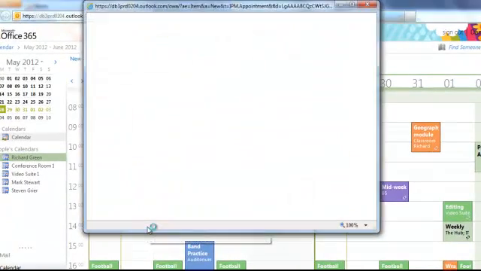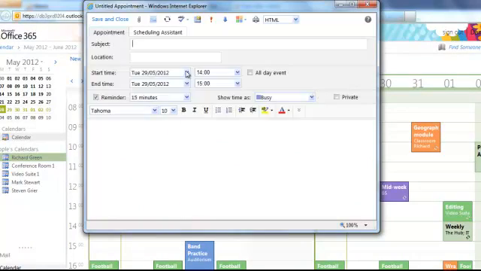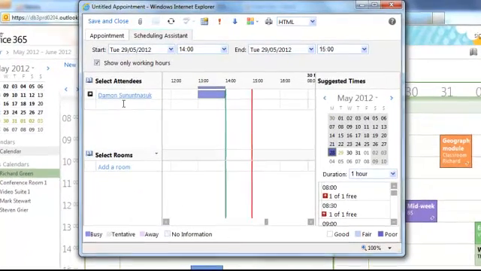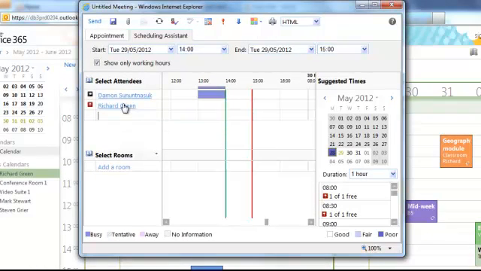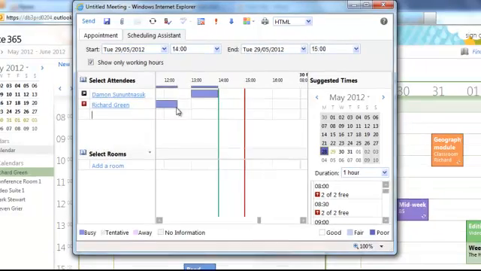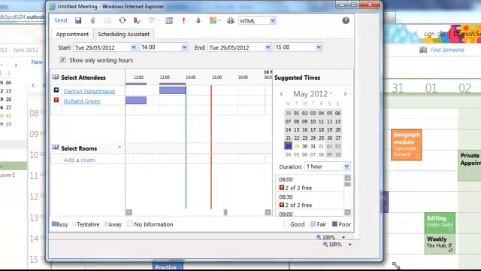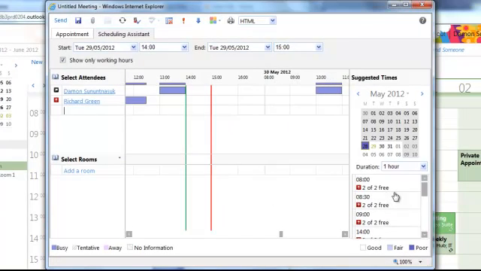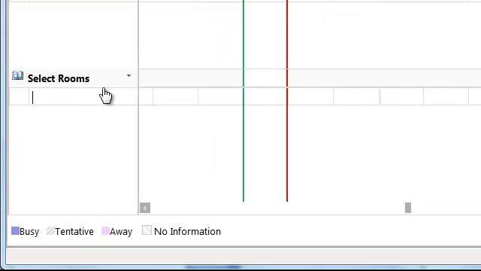You simply double-click the space that you'd like to create it in, and you start adding attendees, equipment, and resources. I'll go ahead and add Richard here. And as I add Richard, as you can see, his calendar is populated here, and Outlook does a really nice job of suggesting appointment times that work well for both of us. As you can see, between 2 and 3, both of us are free,